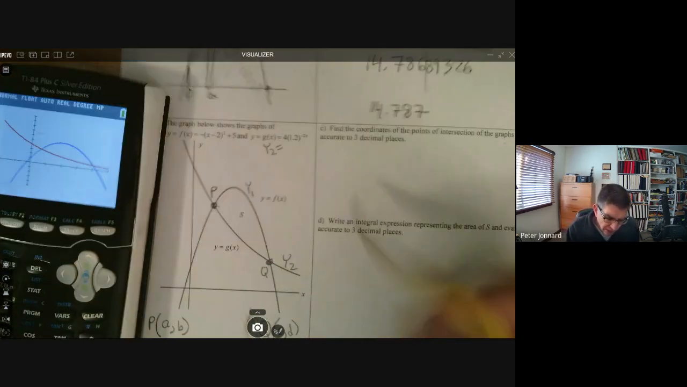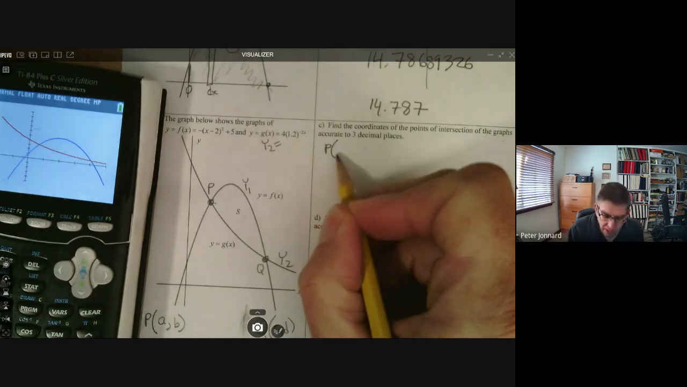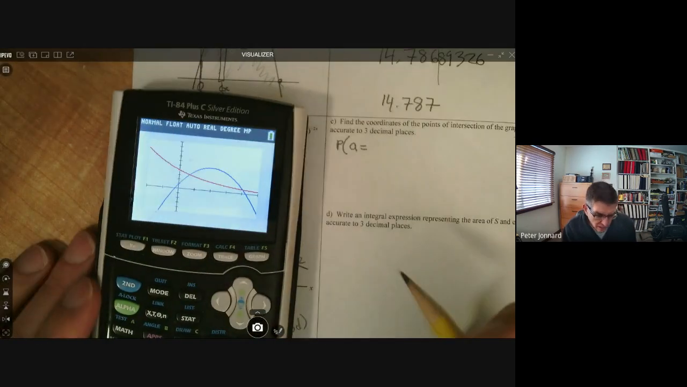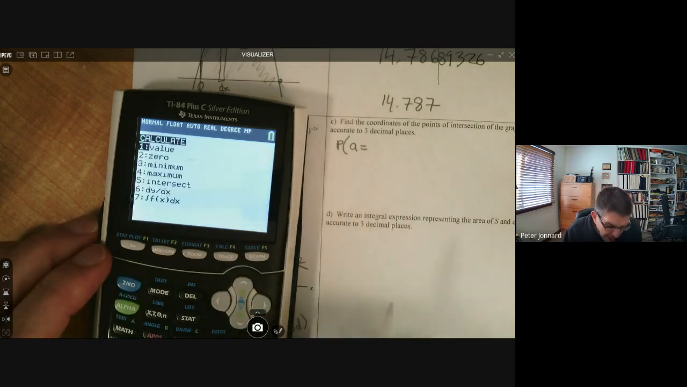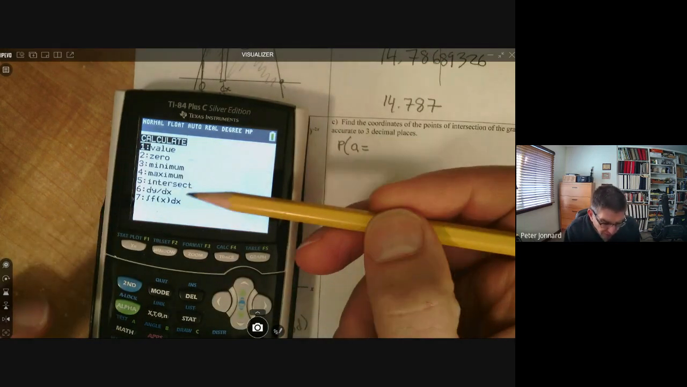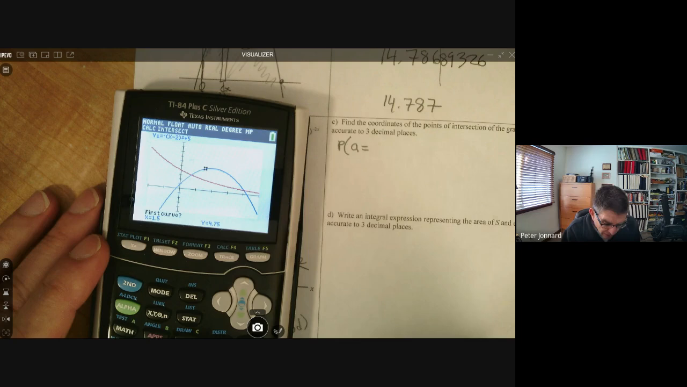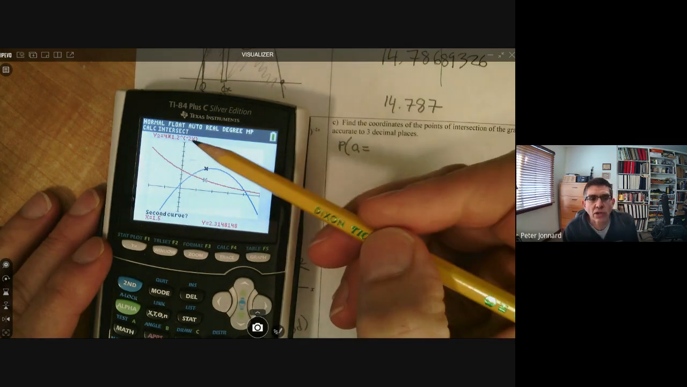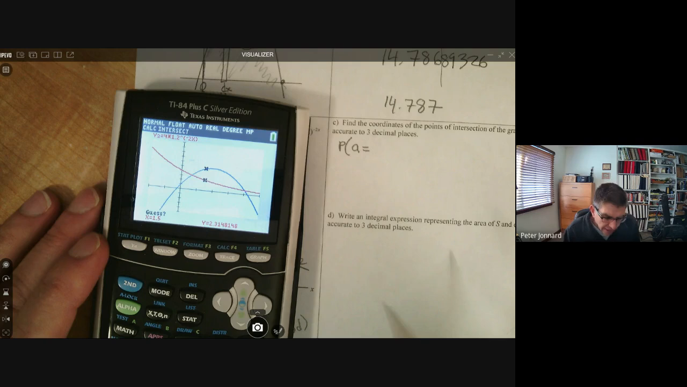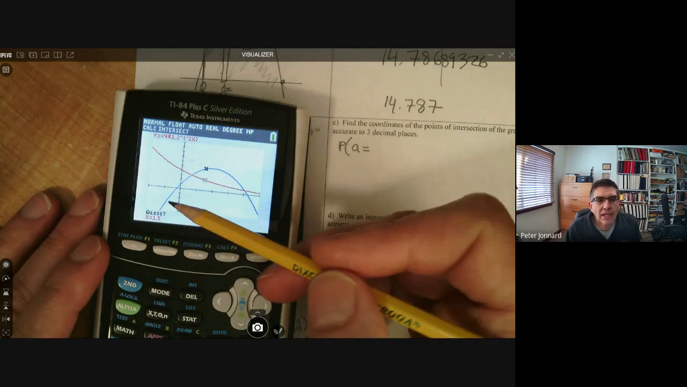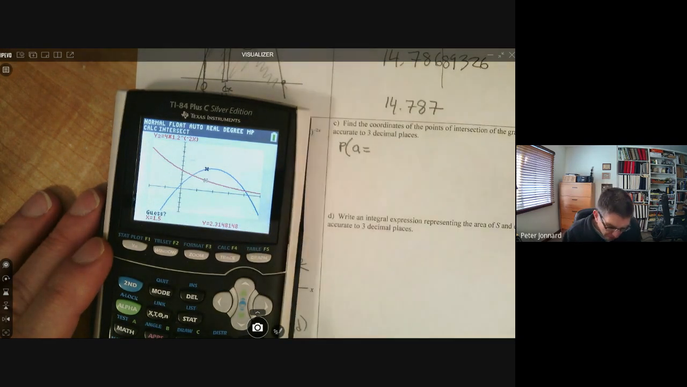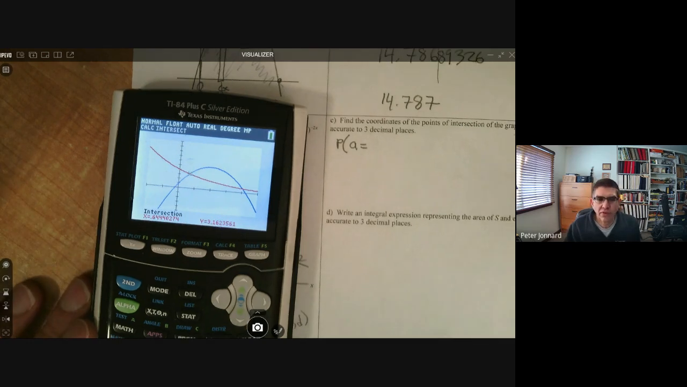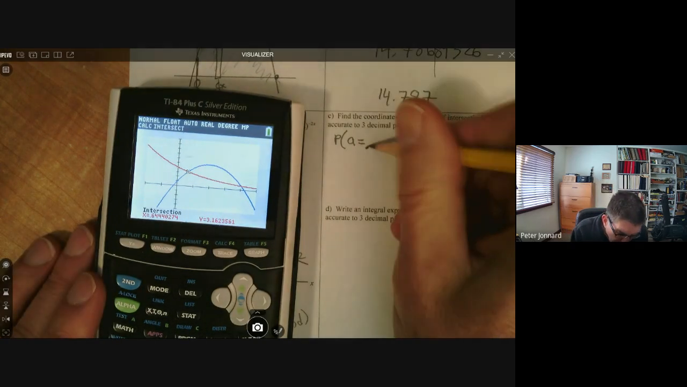So I'm going to define P as point A here, the x coordinate of this first point of intersection. So I go to second calc intersect. That's choice 5. So hit 5 on the keyboard. Okay, the first curve is the blue curve, hit enter. The second curve, it gives you its equation up here, is red, hit enter. And then it asks you for a guess. So I'm going to guess based on this graph 0.5. And there it is. It's telling me my first point of intersection is